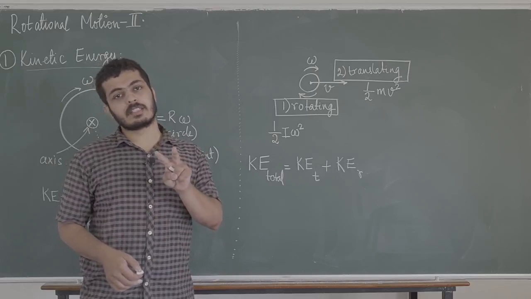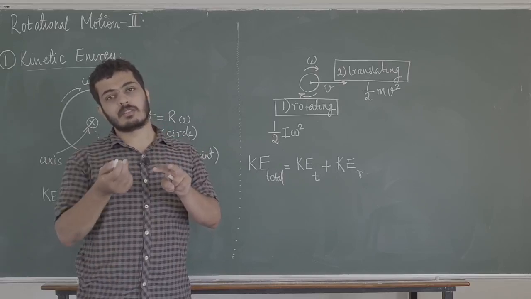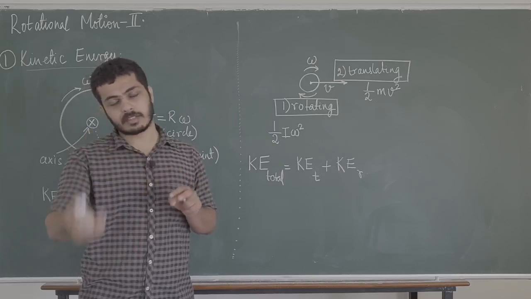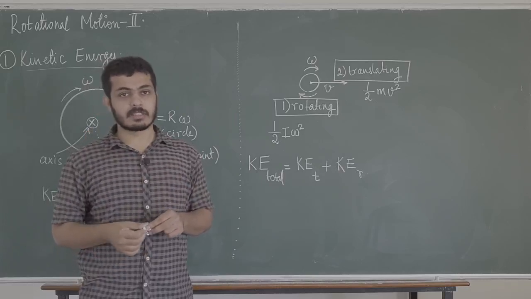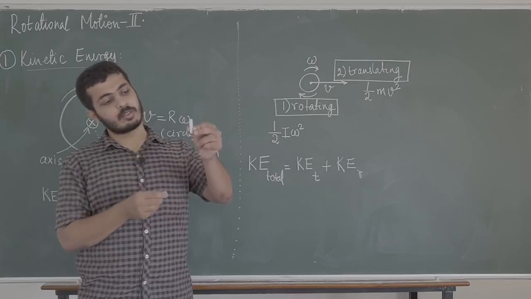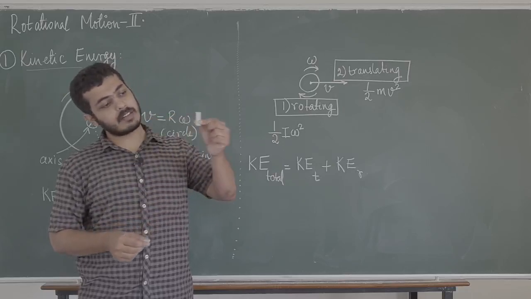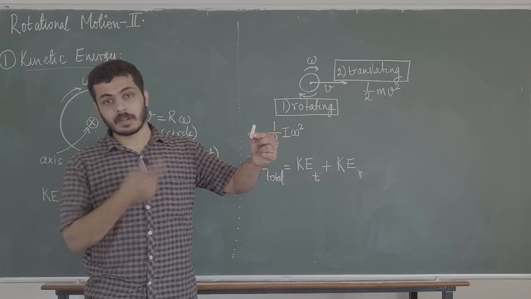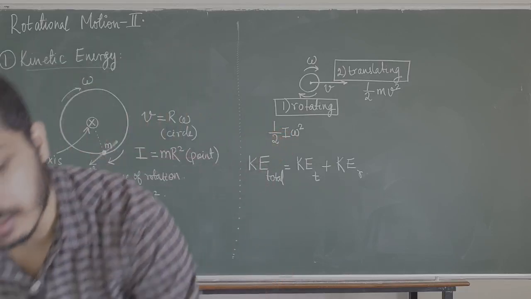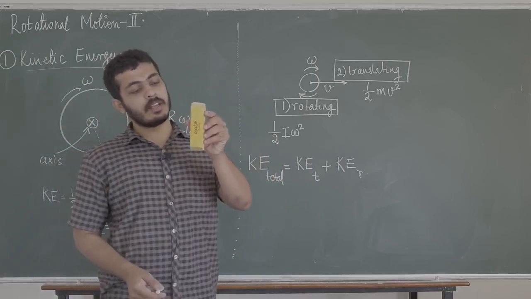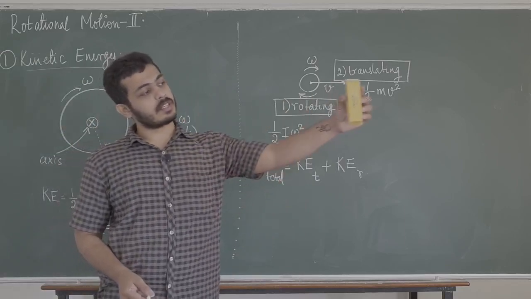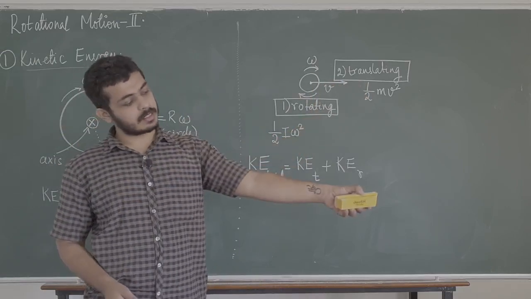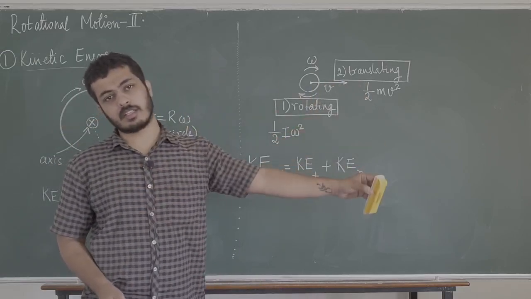Now the thing to understand is when something is moving in general, so far you have just seen objects moving in a straight line or parabolic path, some kind of curved path. In general, when something is moving, for example, if I take this chalk and I move it, one kind of motion is translation. This is what I was trying to teach you at the beginning of the class. Today I can show it to you better with a duster. If you take a duster like this and you just move it straight, this kind of motion is translation. Even if I throw the duster, that kind of motion is almost translation.